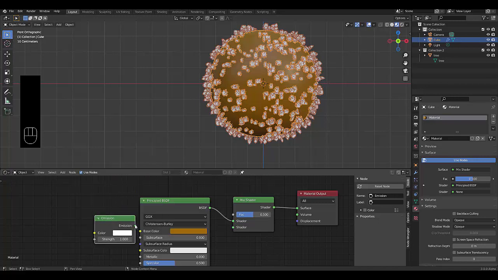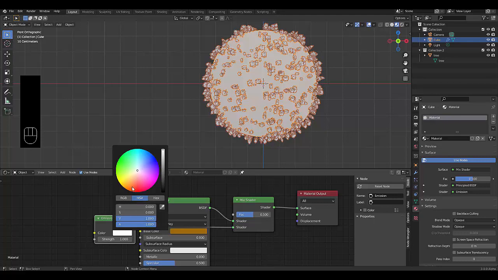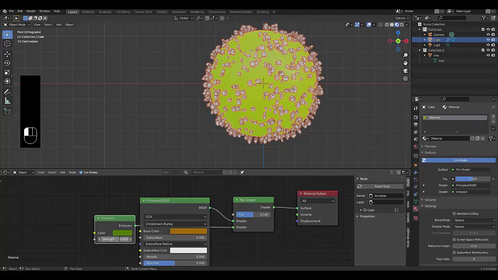Chuck this in over here, connect this over here, click on this, choose green, choose dark green, give it an emission of 5, choose darker green,